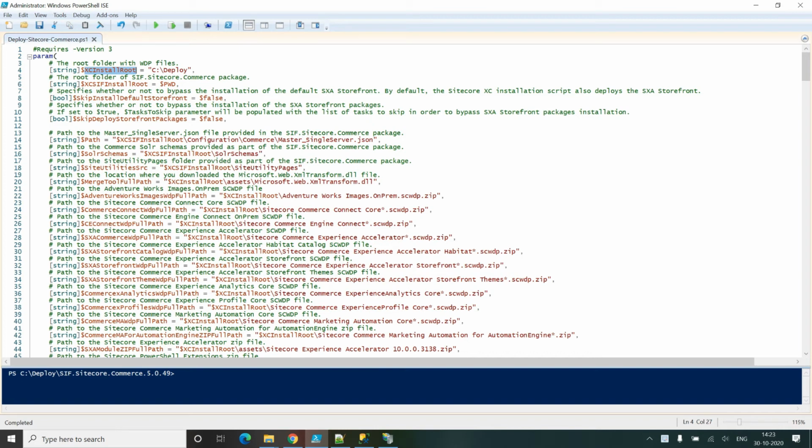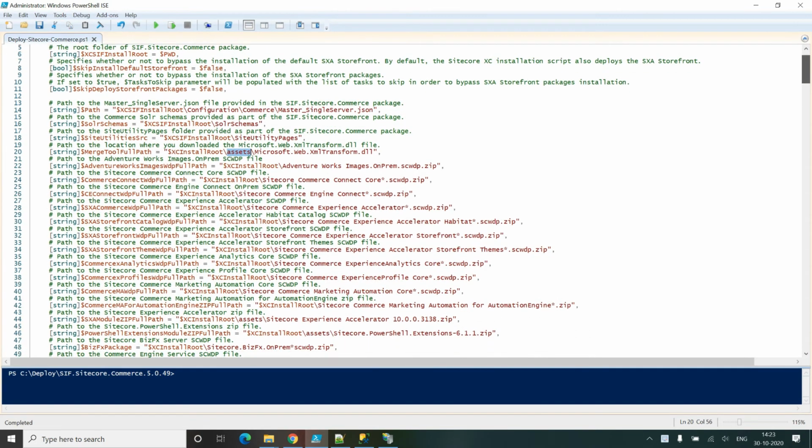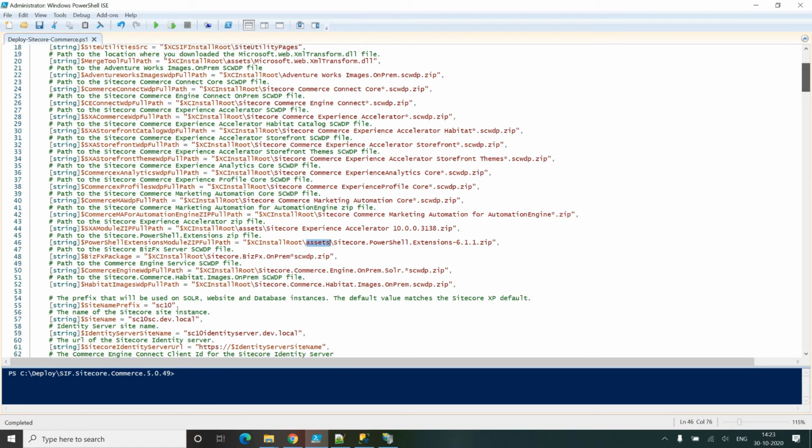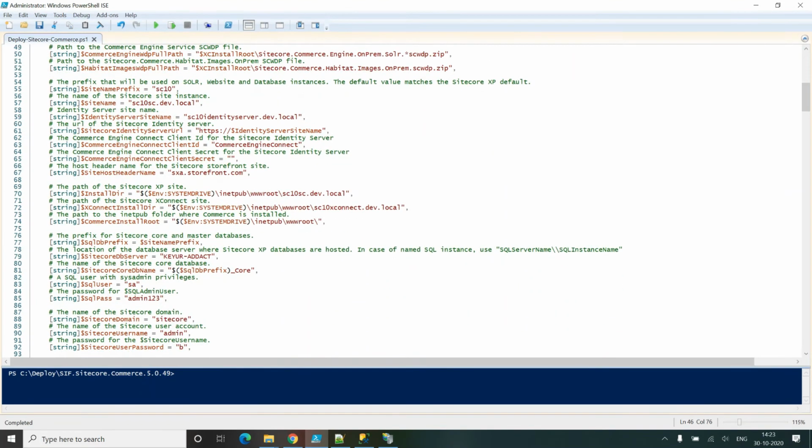Let me go through them quickly. First I put the folder name, then the MS Build DLL path. Apart from the MS Build DLL path, I also modified the SXA path and PowerShell module path. Basically I created one folder and put all the things over there, so I just modified all of that.